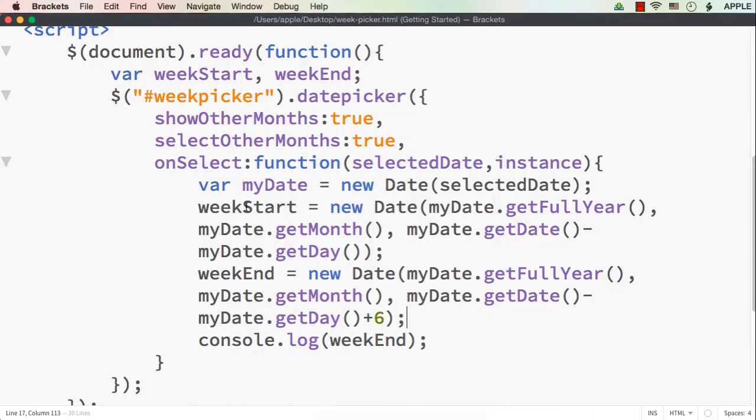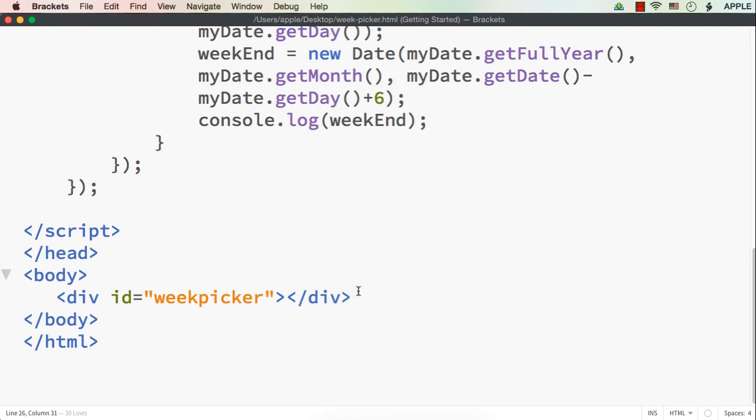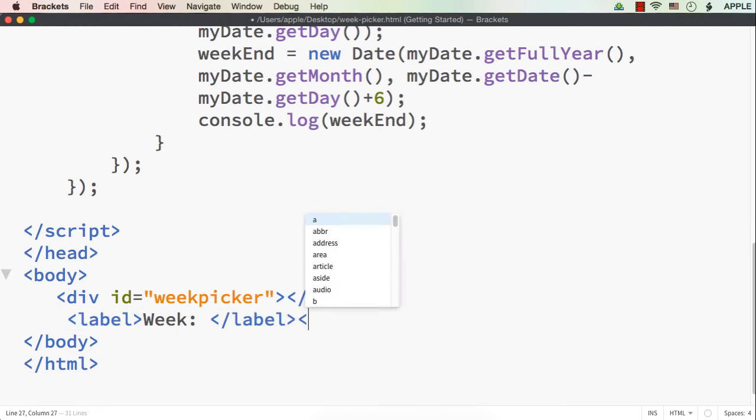Now we have the start date and end date with us. Next, what we need to do, we need to display it as a text, and also in the calendar we want to display or select the whole week. So first, to display it as a text, let me have a label as week and then a span element